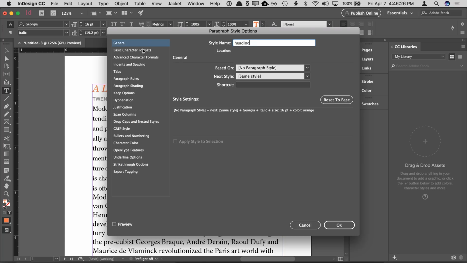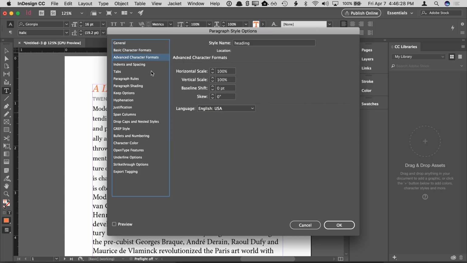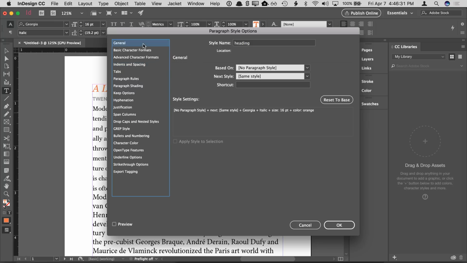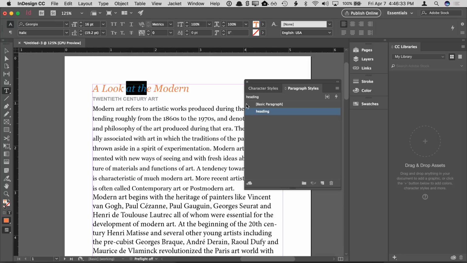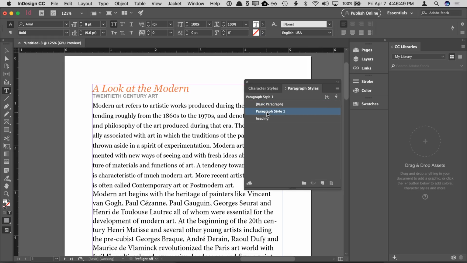If you ever want to make changes, you can go through the different settings here and change anything about the text that you want. Click OK. Let's do this again. We select a little bit of the text, or just clicking into the line is good enough as long as you're surrounded by the text formatting. You can highlight a little bit or just click. Either one is fine. We're going to click once more to create a second style,